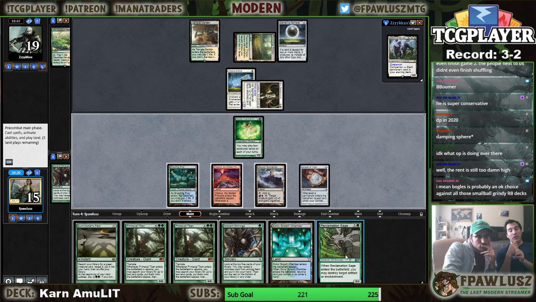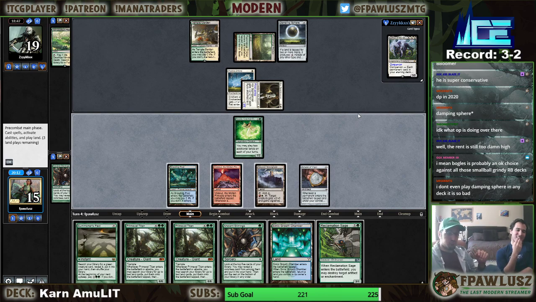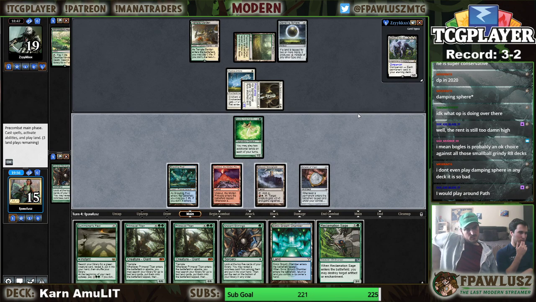To be fair, the Damping Sphere is doing work for us as well, so I don't know if we want to blow it up. Yeah, but we get to... Oh, we get to kill them? We go bananas, yeah. We use 3 land drops, we cast Titan. Titan attacks, getting Vesuva, bouncing Vesuva. Titan gets...